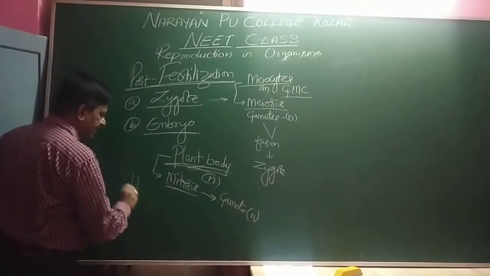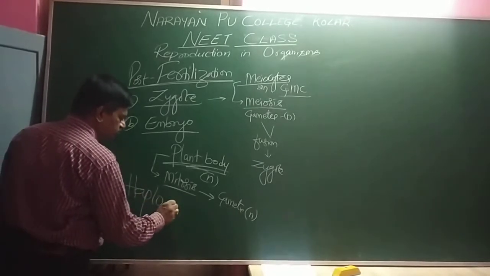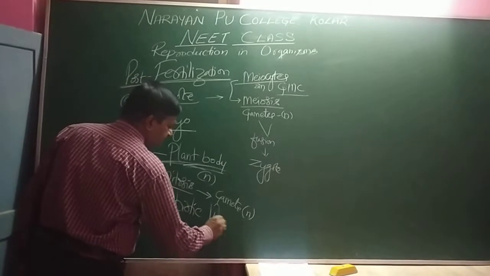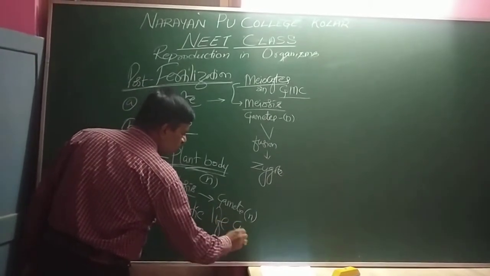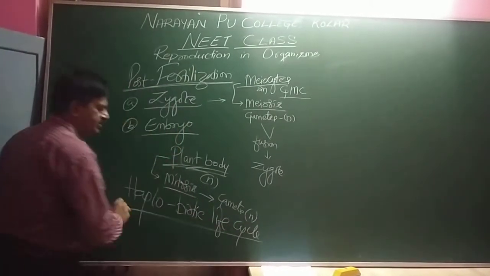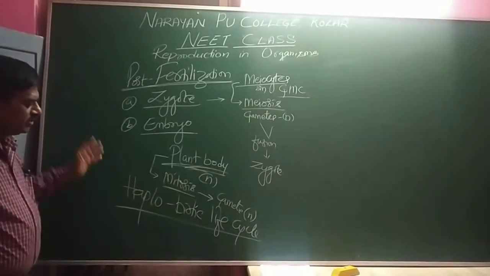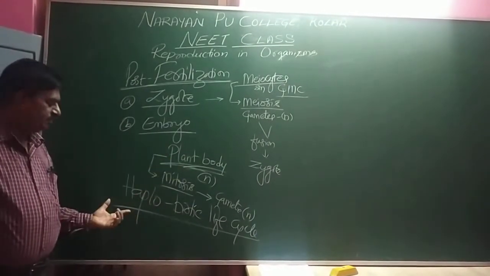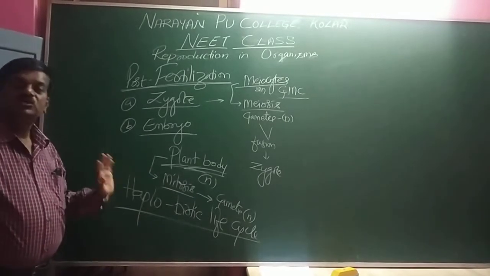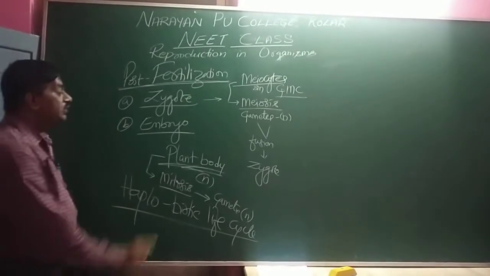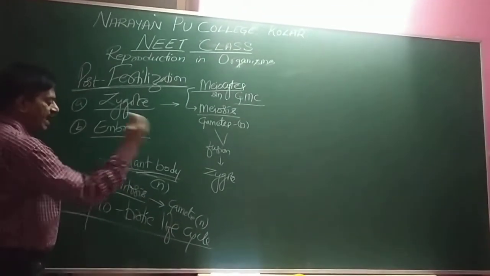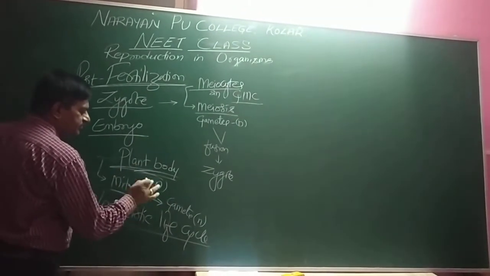This is called the haplobiontic life cycle. Here the plant body is haploid and the gametes are all haploid, so it is called the haplobiontic life cycle. Whereas some of the plants are diploid,